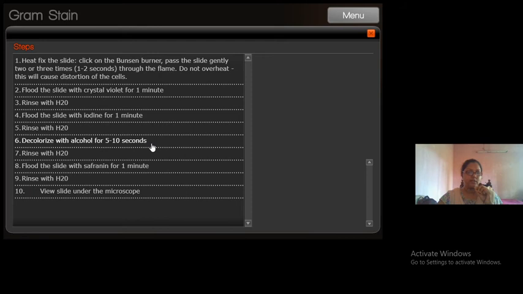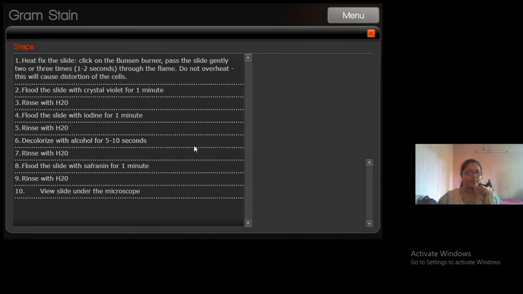Over decolorization means when you keep the decolorizer for longer than required. So if you keep the decolorizer for longer time than required, what will happen is it will decolorize the gram-positive organisms also. That means the gram-positive organism which normally retain the primary stain and the gram-negative which normally gets decolorized, but in this case everything will be decolorized.